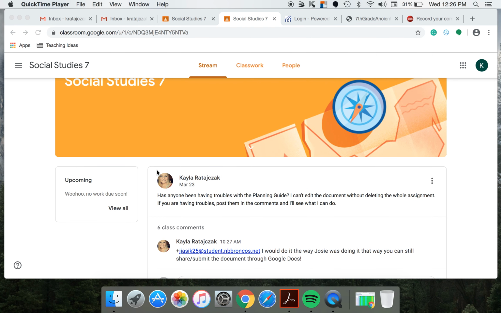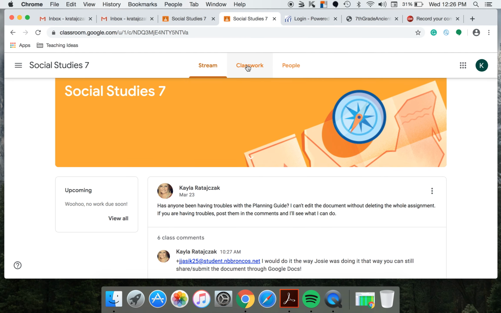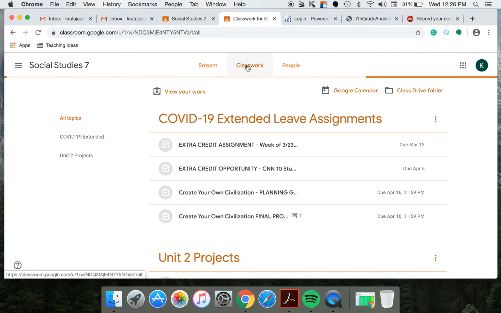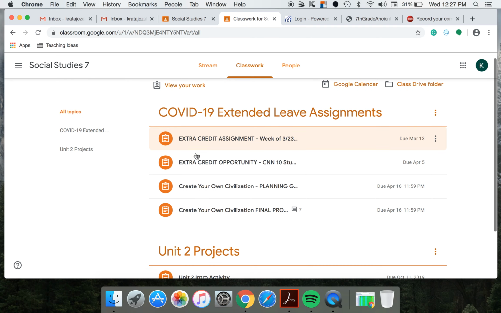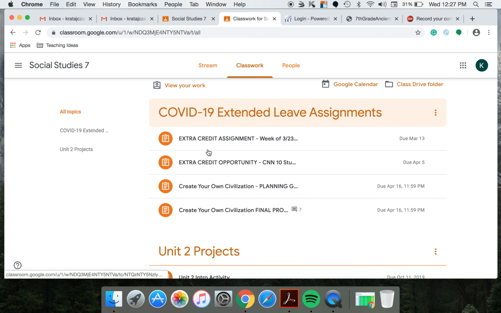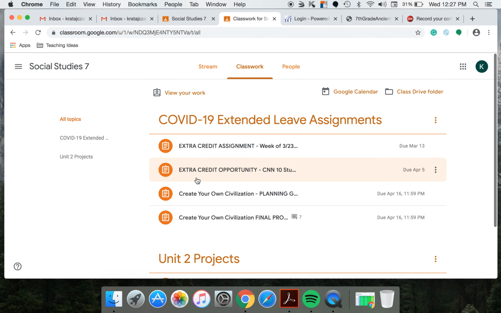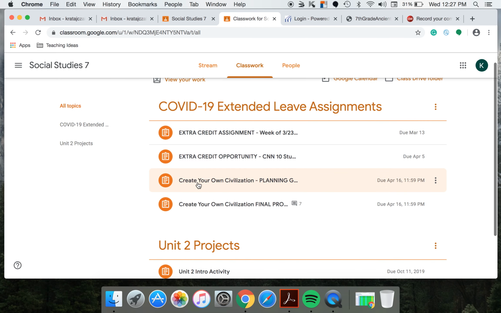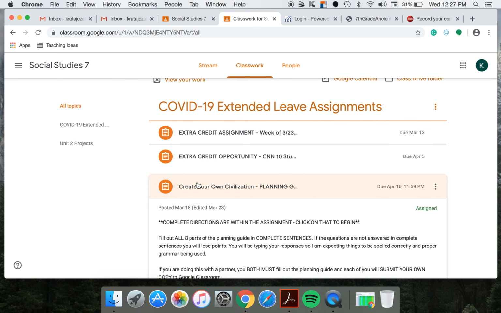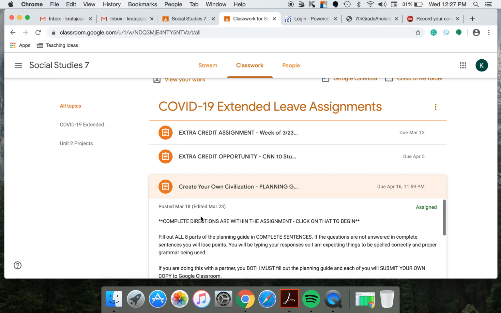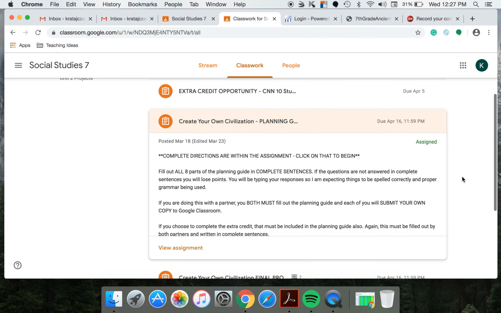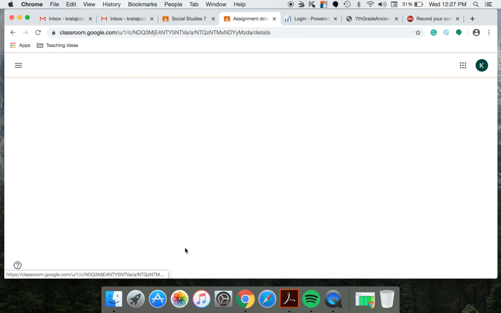So the first thing I'm going to show you is up top in the classwork section. So this is my student view, and you'll be able to see everything that you would normally see if you click classwork. So the first thing I'm going to show you is the planning guide. Now I've had quite a few questions on the planning guide, so definitely pay attention to this. I'm going to come down here and click View Assignment,